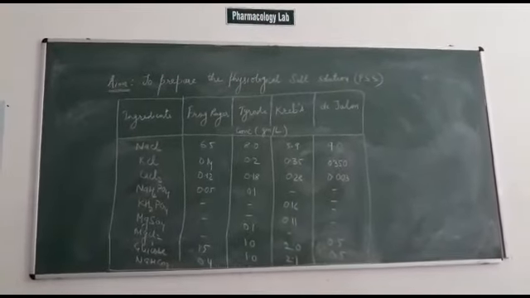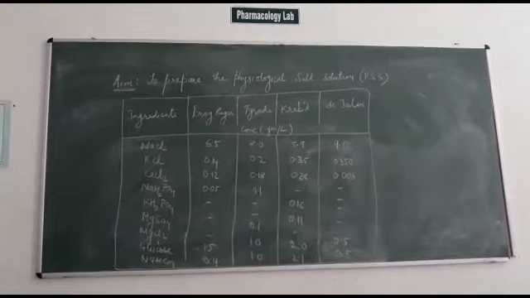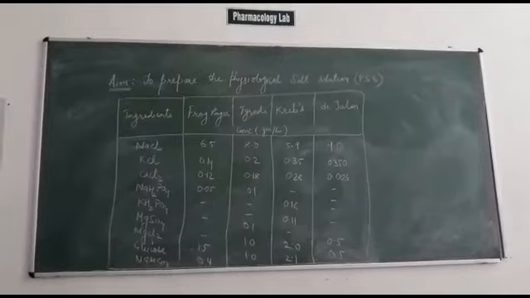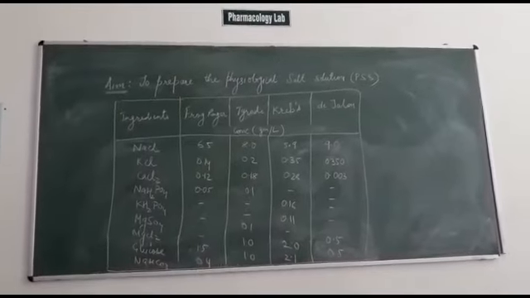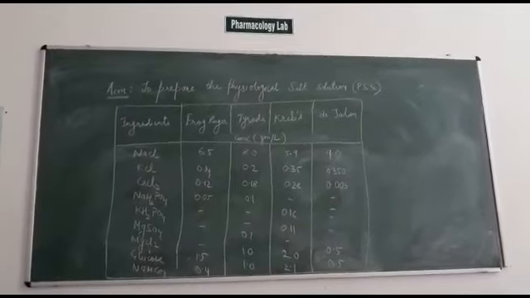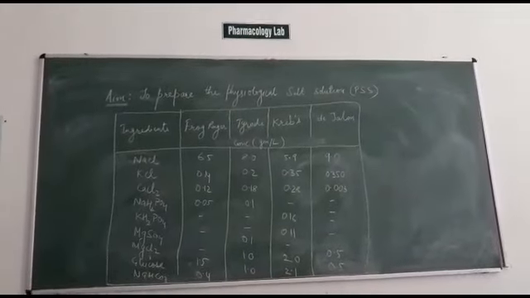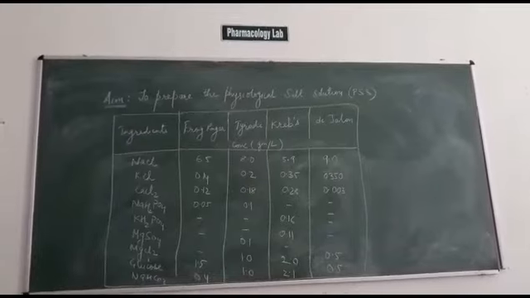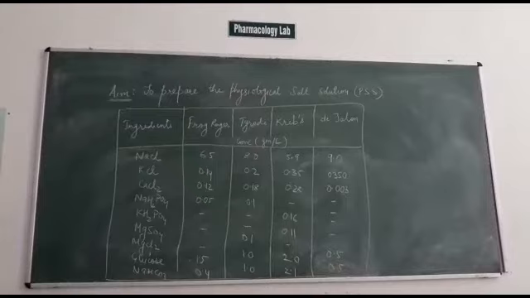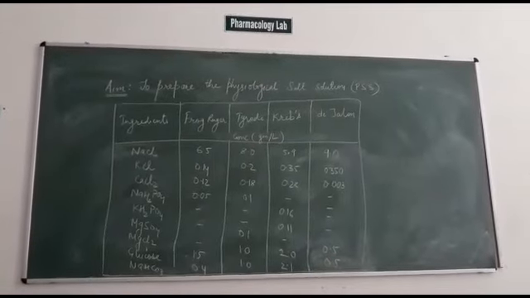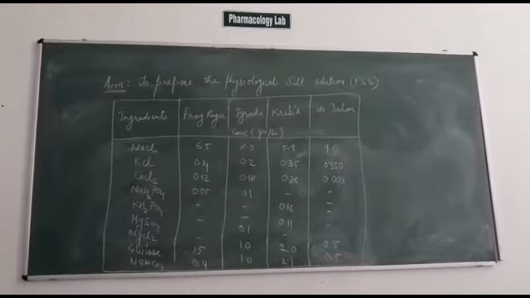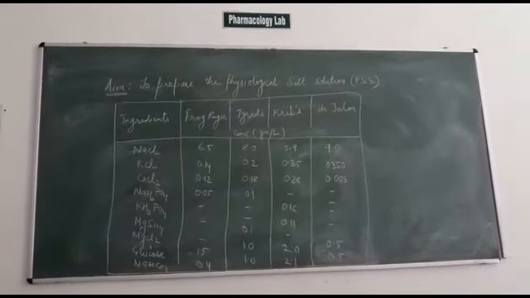And whenever we have to perform the bioassay, we have to prepare the fresh physiological salt solution. Now, what is bioassay? It is the estimation of the potency and efficacy of the drug using living tissues. Whenever we have to perform a bioassay, we dissect the animal and take out the tissues, for example rat ileum, and then we immediately place that tissue in the freshly prepared physiological salt solution so that it may get the nutritional supply and remain alive for 5 to 6 hours.